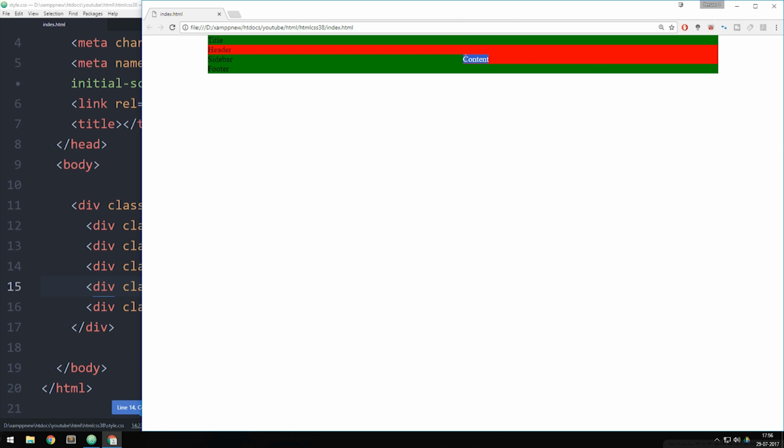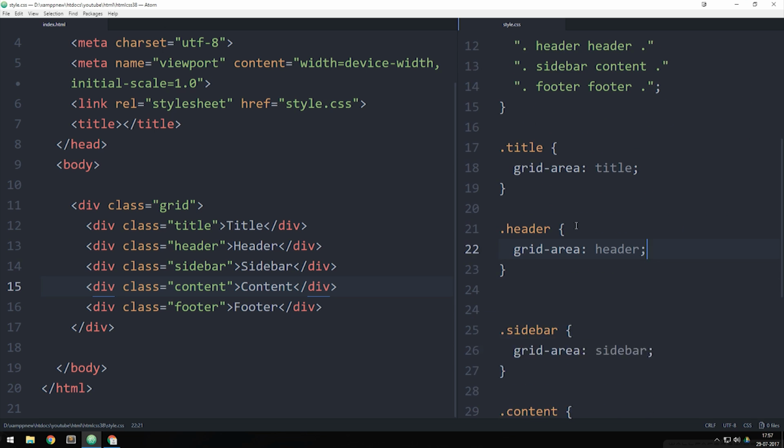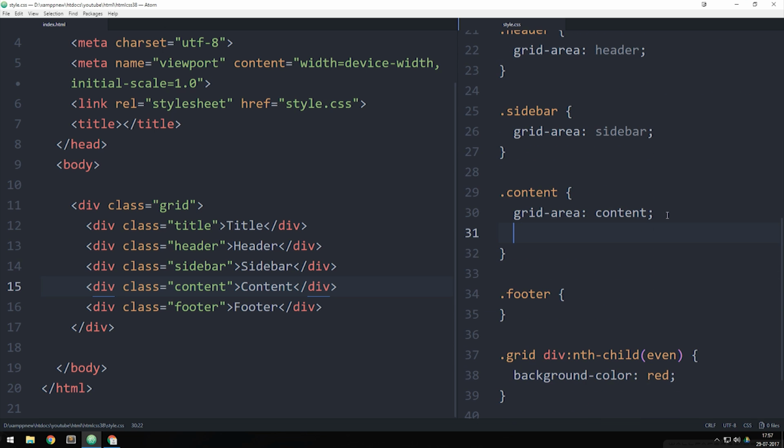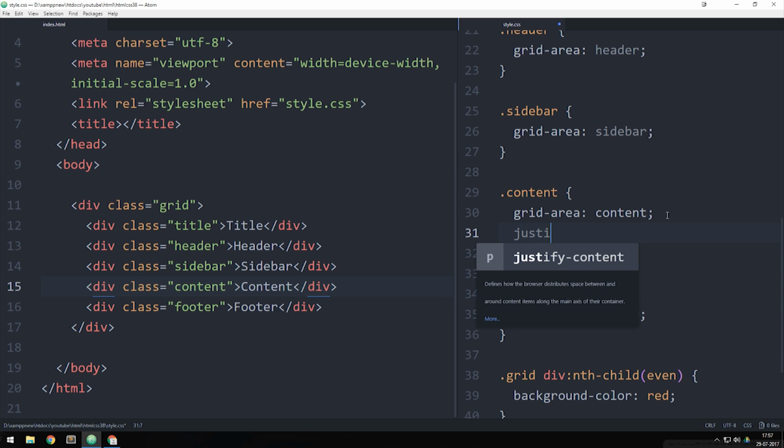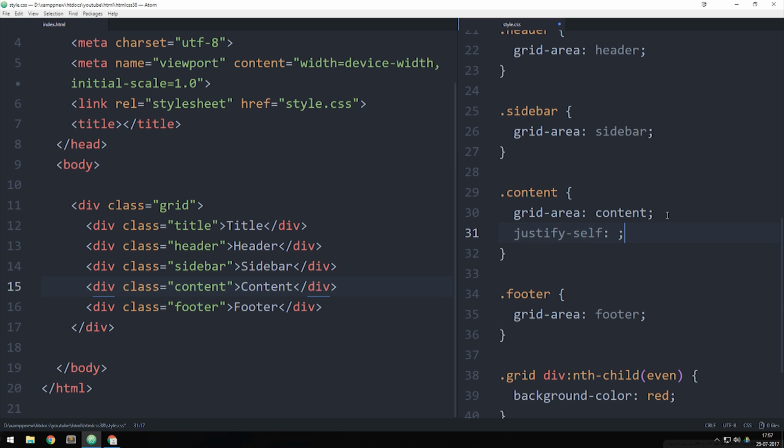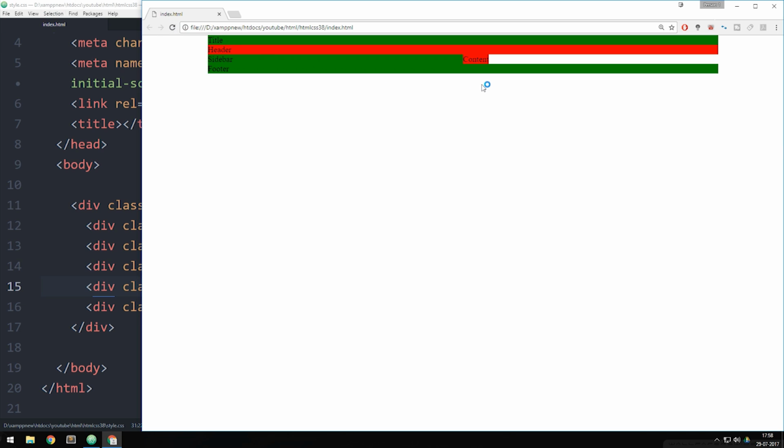So the grid takes up the entire space that we allow for it to have inside the browser. Now, if I want to customize the position of the grid item I have inside the grid, we can go back inside our code and say, let's take the content and write a piece of code called justify-self. Semicolon, and tell it that we want to justify it to the left side of the grid. So right now we can say start, save it, go inside our browser, refresh, and now you guys can see